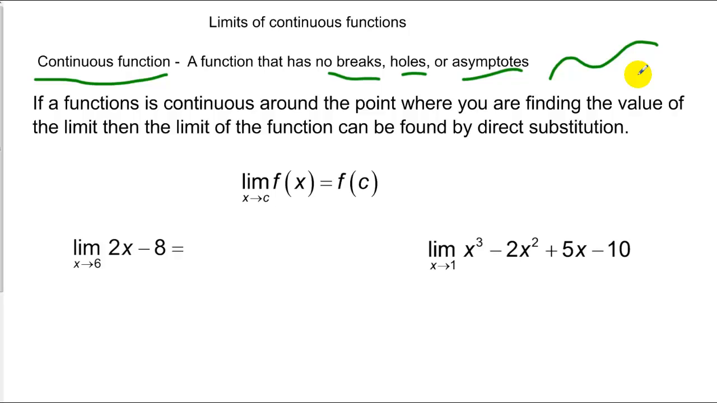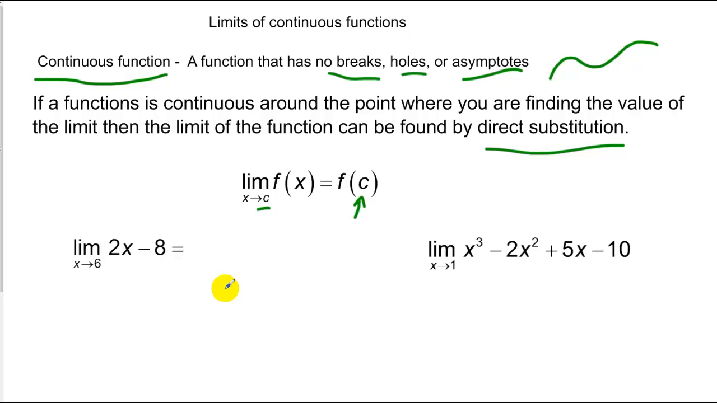It just keeps moving. If a function is continuous around a point where you're trying to find the value of a limit, then the limit of that function can be found by direct substitution. In other words, if we want to find the limit as our x value goes to some constant of a function, then all we need to do is plug that constant into the x value of the function